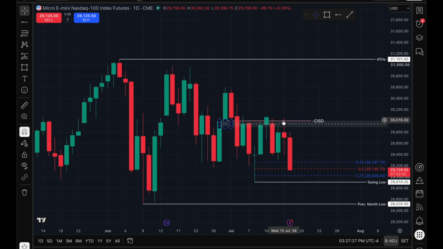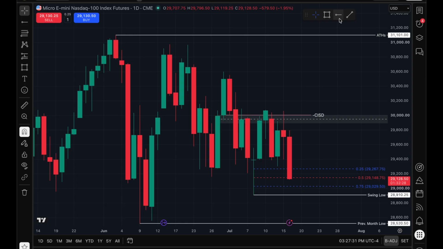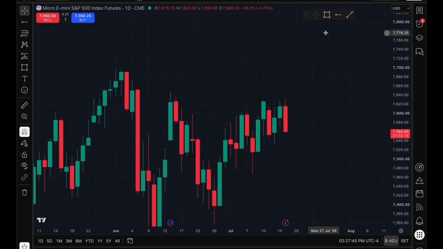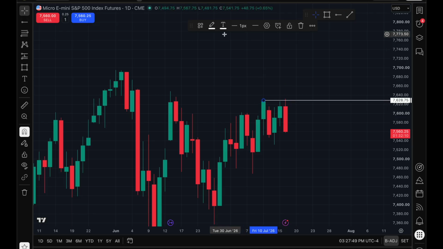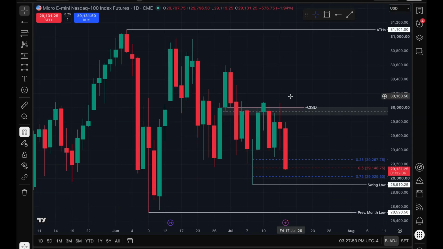Price reprices into that opening price. And we actually have an SMT form there. You see, we do not take this high for Friday. Yeah, that was Friday last week on July 10th. I'll show you real quick on the S&P. Friday last week, we do take that high, so we have a bearish SMT formed in the NASDAQ with ES,